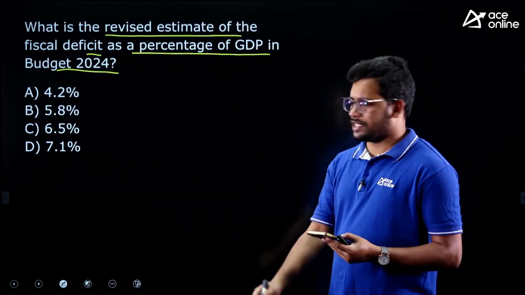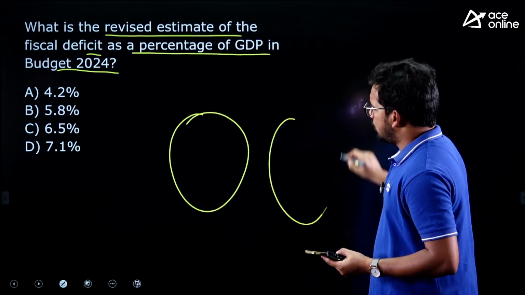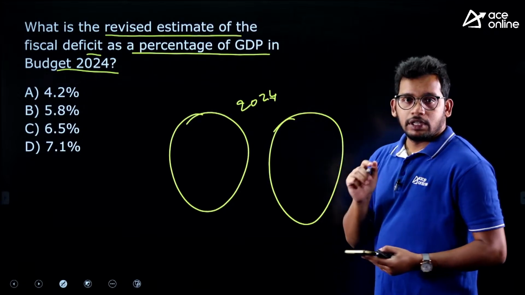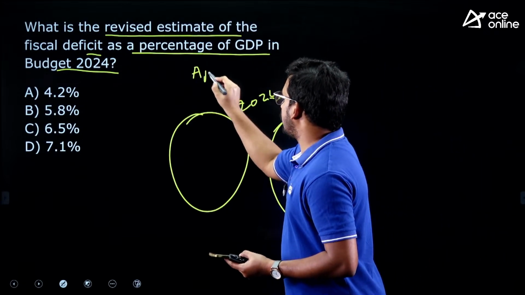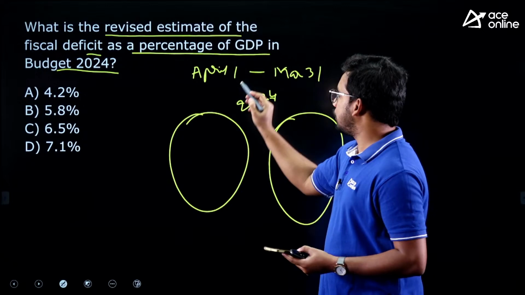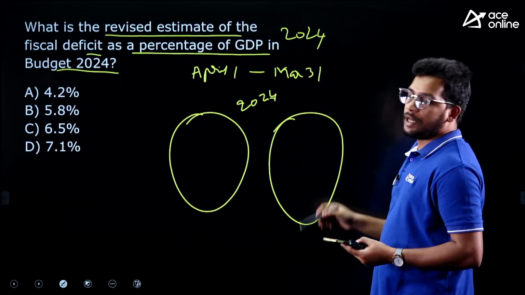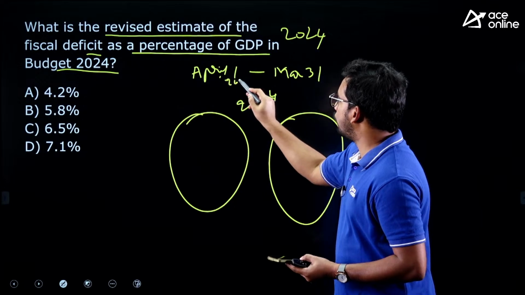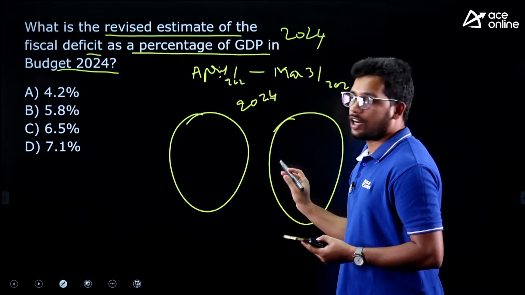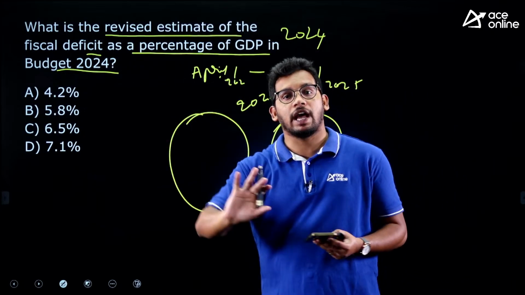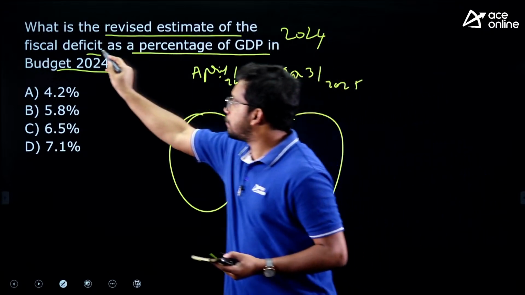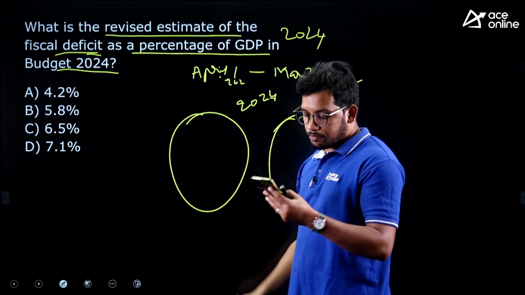Now what is fiscal deficit? Understand this. Government in 2024, say for example, financial year means April 1 to March 31. So the financial year 2024 means April 1, 2024 to March 31, 2025, next year. So in this one financial year, how much extra funds you are taking as a debt? Whatever debt you created in one year is called fiscal deficit. So as percentage of total GDP,